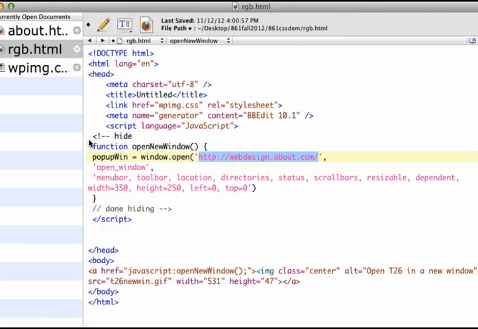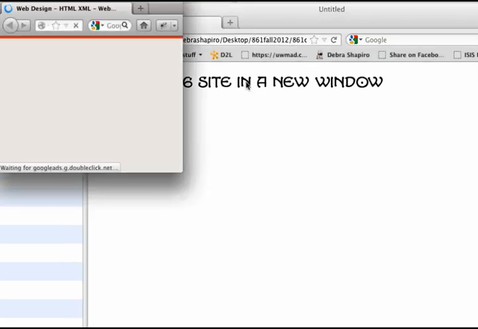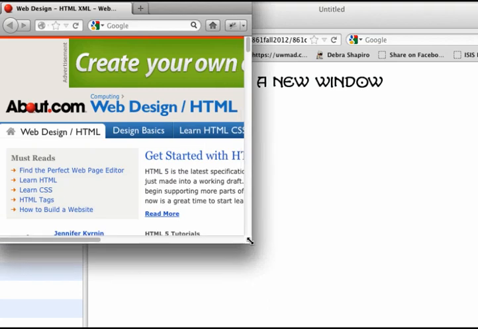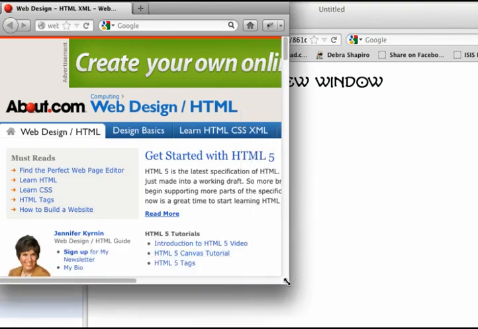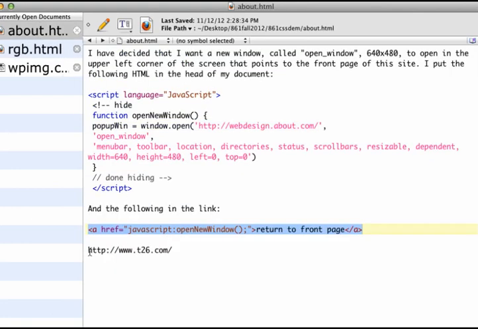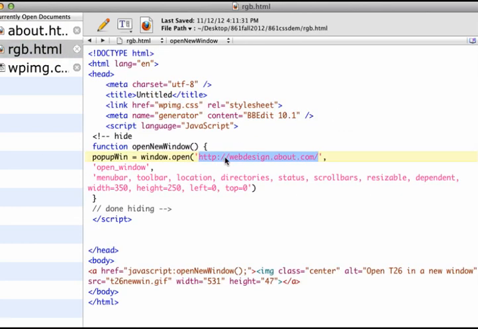Actually, let's take a look. Let's save it. And then if we go back and refresh, and then we open it, see, it says Open T26, but instead we're getting about.com. So that's not what we want. So what we need to do is go back here to About and get our URL for T26 and copy it and put that into